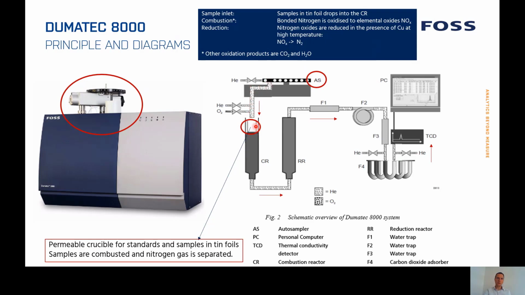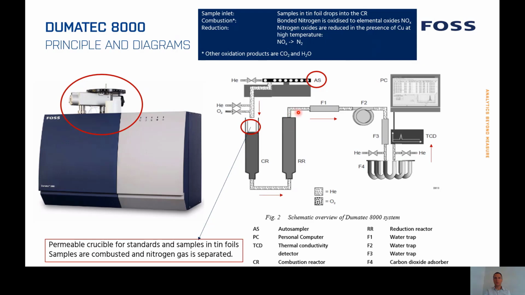And here, this is the crucible that contains the sample that will drop down here, and the oxygen and helium is supplied to this, and then the sample will be combusted here, and the gases will be released at around 1000 degrees. All the gases will be then transferred through the combustion reaction, going in here and to the reduction column that contains copper. So that will reduce the NOx